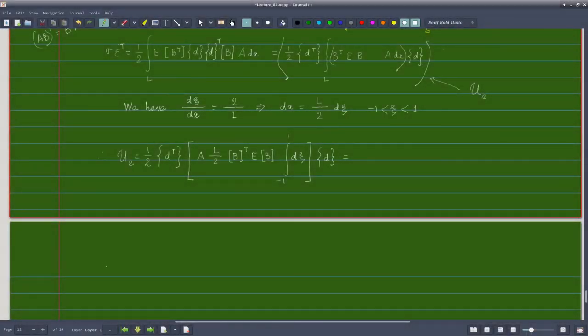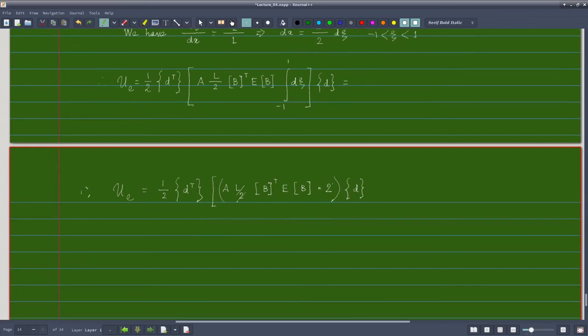So, therefore, U of the element will be half into d transpose into A L by 2 into B transpose into E into B into, this is 2, this whole thing into D. So this 2 and this 2 are cancelled, so I have half